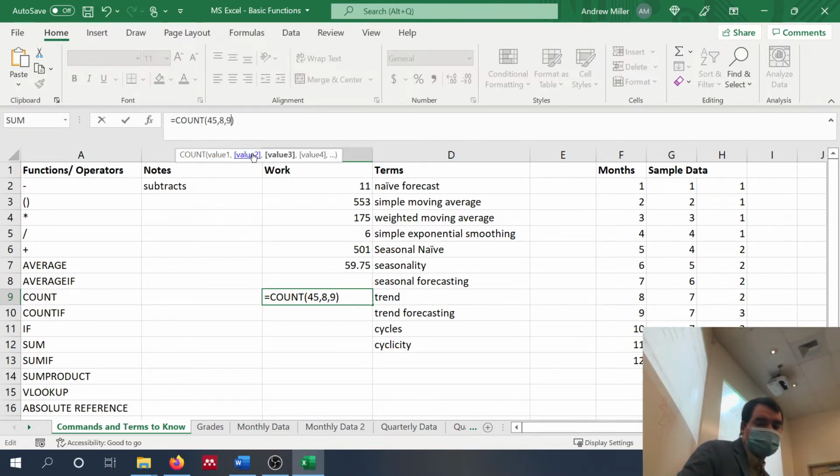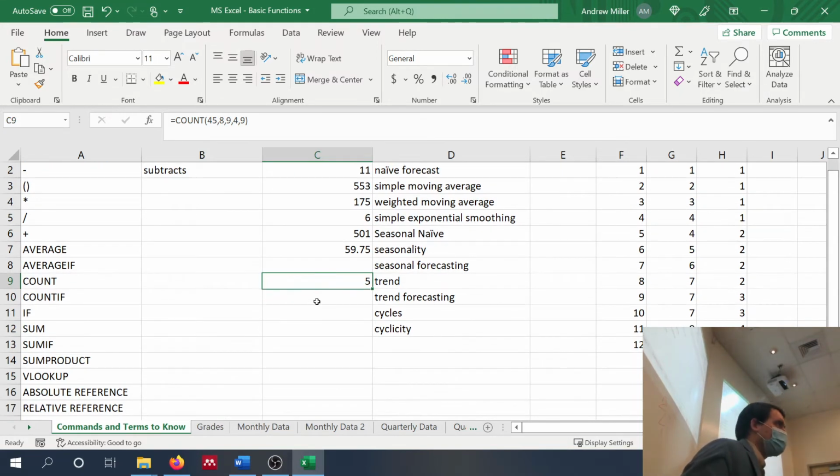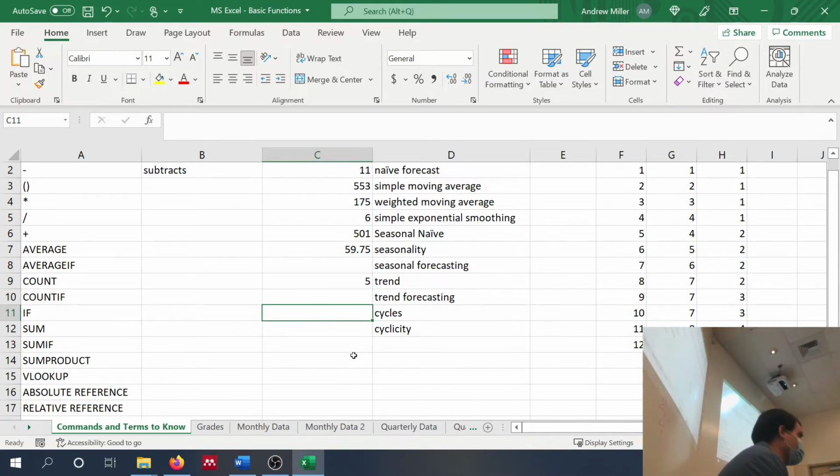So I could do 8, 9, 4, 9, whatever. It's going to tell me how many numbers I have. And this will be a little bit more useful once we cover different types of references. Okay? But is everyone with me on what COUNT does? It just provides how many of something there is. Like I said, we're going to skip COUNTIF and SUMIF. We will come back to that. We'll actually be using this worksheet for pretty much the entire Excel unit. So, like I say, if you want to take notes in it, that's totally fine. It's yours to do whatever you want with.